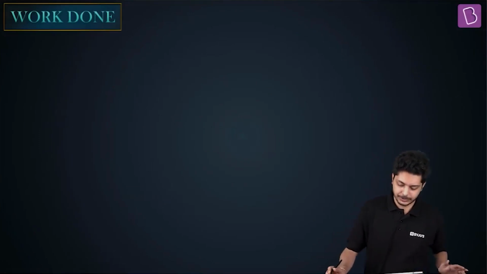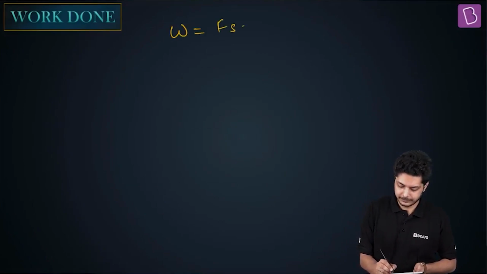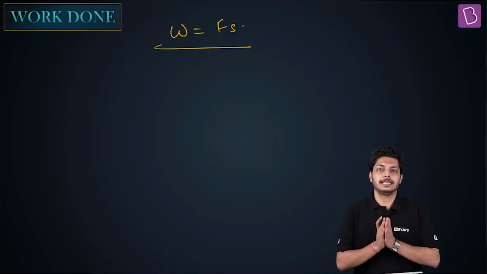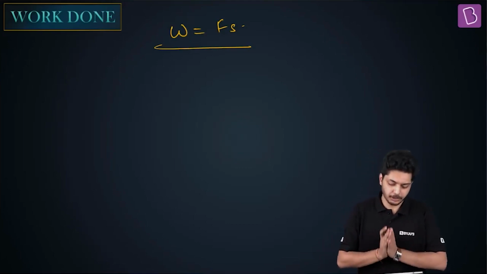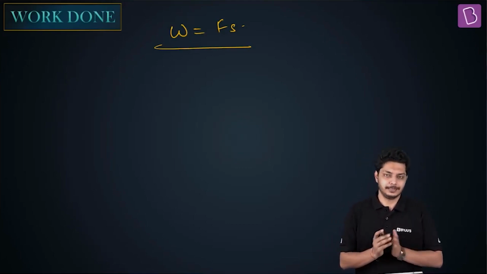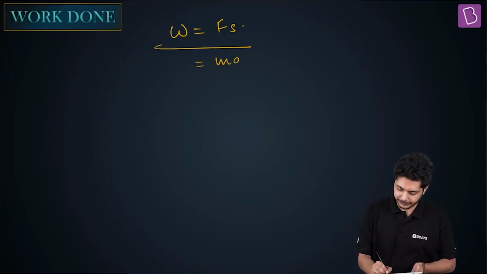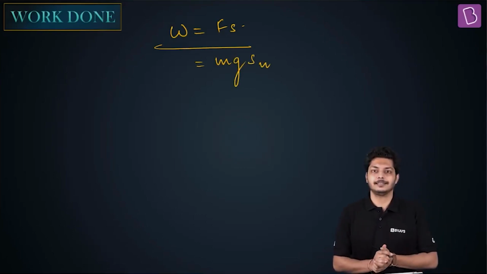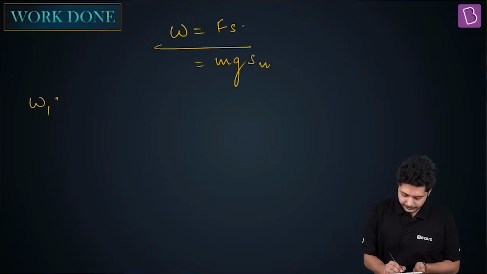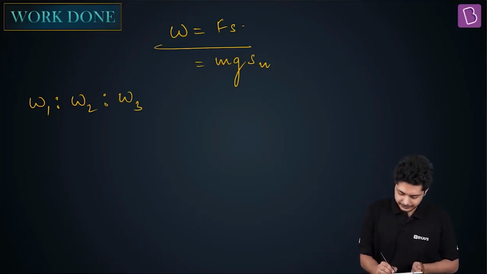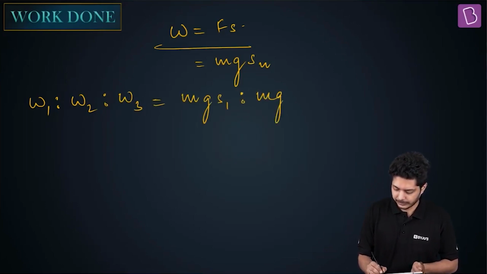Now is the time to calculate the work done. Work done is equal to Fs. Just now, we have figured out that work done is a simple and exact product of force and displacement, right? Force is mg everywhere, right? And here we can write Sn, correct? So W1 is to W2 is to W3. You have to find this ratio, right? This can be written as mg S1 is to mg S2 is to mg S3,